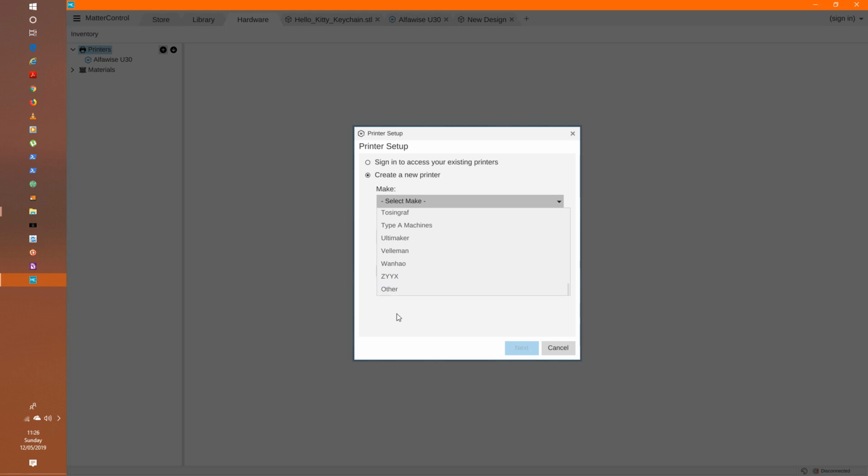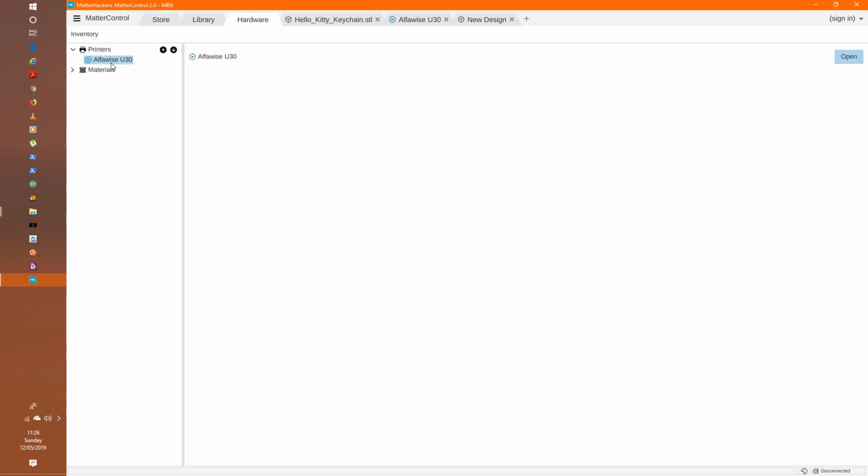You may have to select other and define your own name for the printer and everything. I've had to create my own, so AlphaWise U30. It will take you through a wizard which will set up your printer and its defaults. You can have a look at my printer's defaults. When I select it, what I have